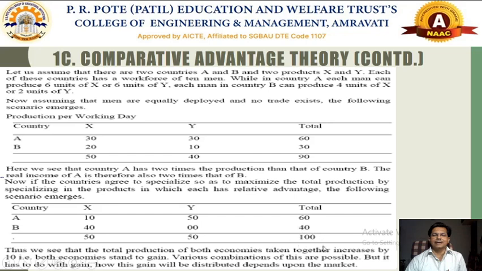And they can produce that particular product in larger quantities as compared to their earlier counterparts. So in this way we can benefit the nation. This is called comparative advantage. Thus we came to know that the total production of both economies taken together increases by 10. Both economies stand to gain sufficient profit in the respective countries. Various combinations of these can be made possible, but it has to do with the gain. How this gain will be distributed depends upon the market conditions, so whatever form of profit each individual country can gain.